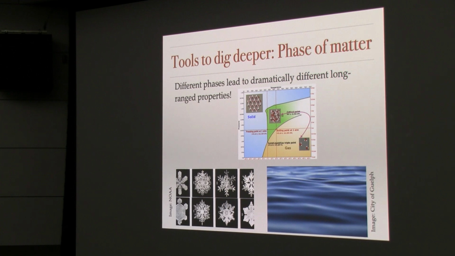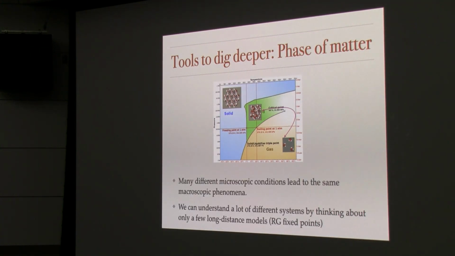And so, if you want to just understand these qualitative differences, you can zoom out a little bit. The other observation is that the water looks very different from the ice. Clearly, I can walk on ice, I cannot walk on water. But at the same time, there's a very large range of temperatures and pressures where things are liquid or things are ice. And so they all look the same.